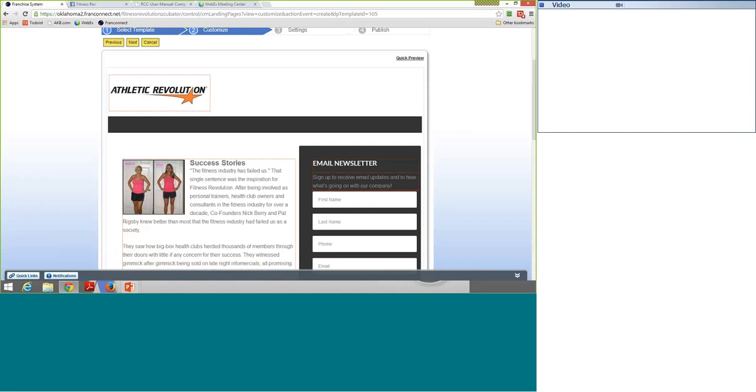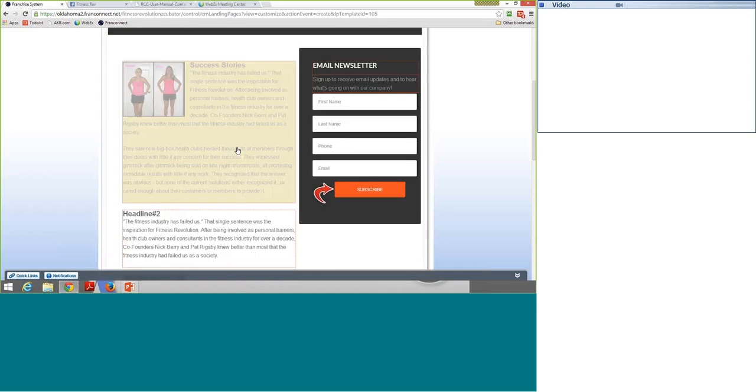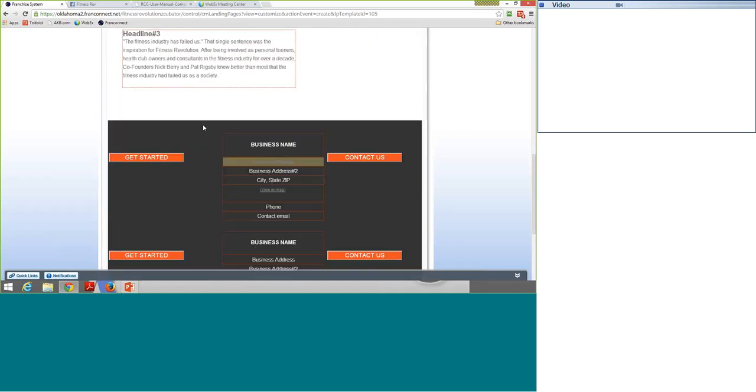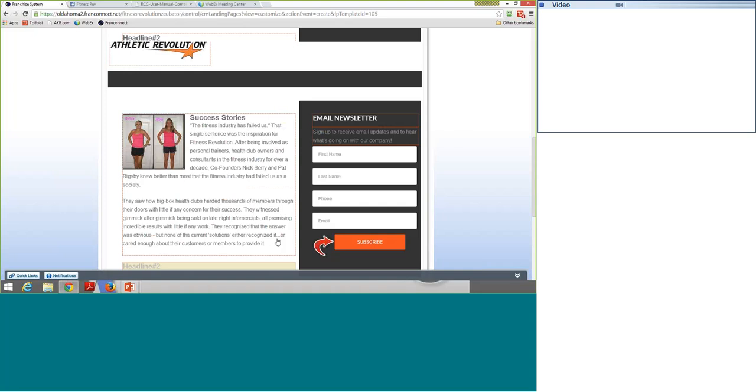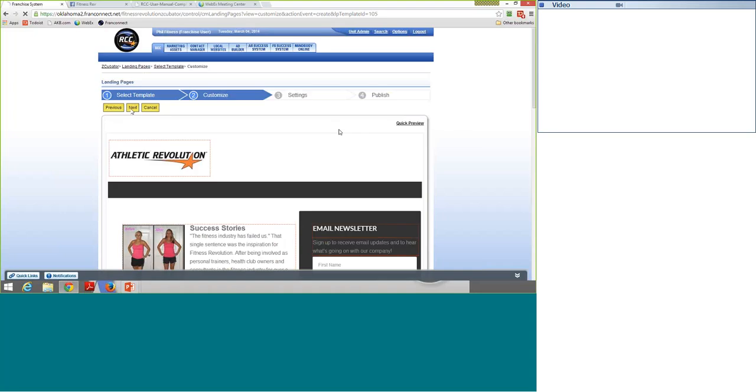You can upload a different logo here. These are all WYSIWYG editors, so what you see is what you get. You can change this from email newsletter to nutrition workshop or whatever it is that you're offering. You can link these at the bottom to different pages on your website. So these are fully customizable, super simple. You would click next, and then it tells you